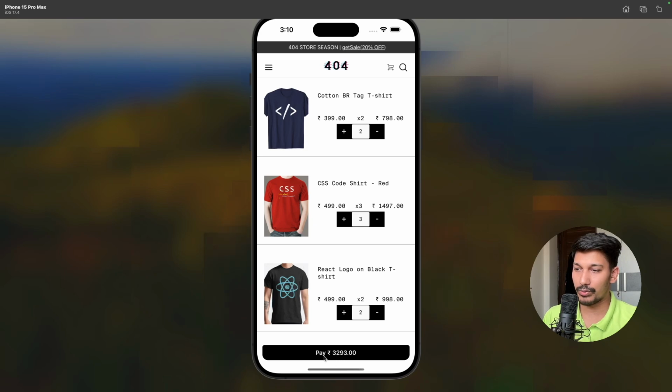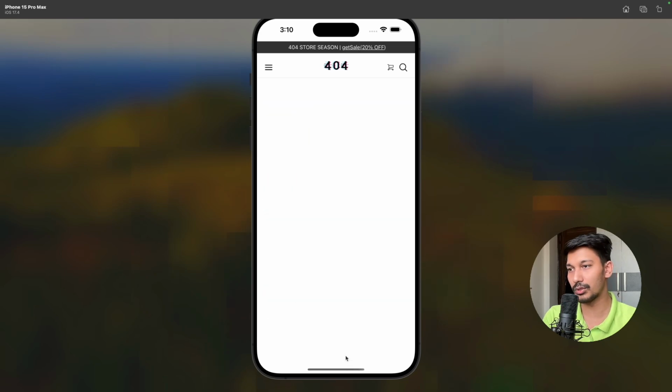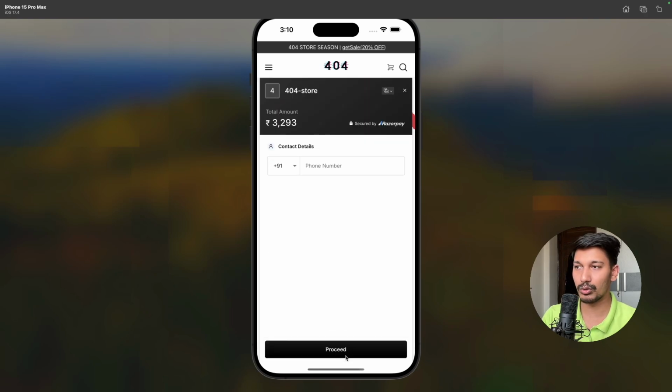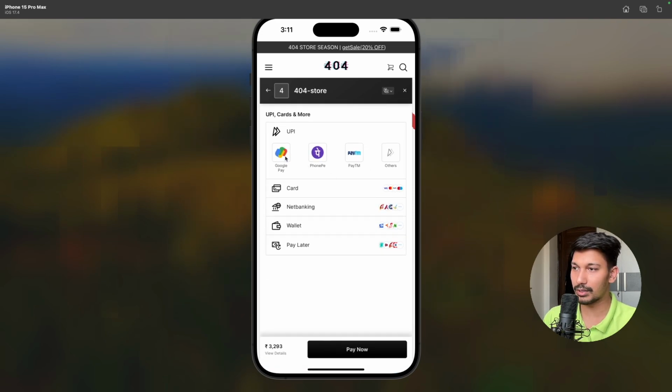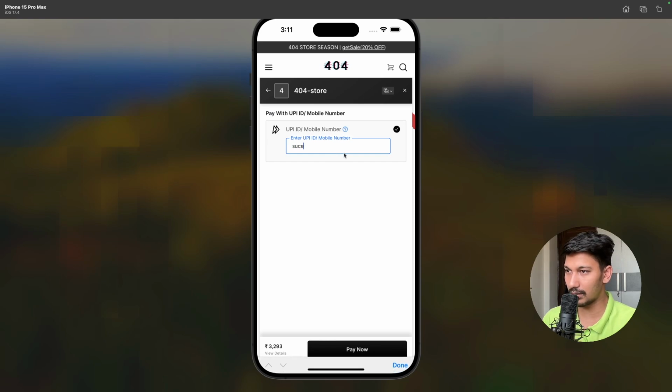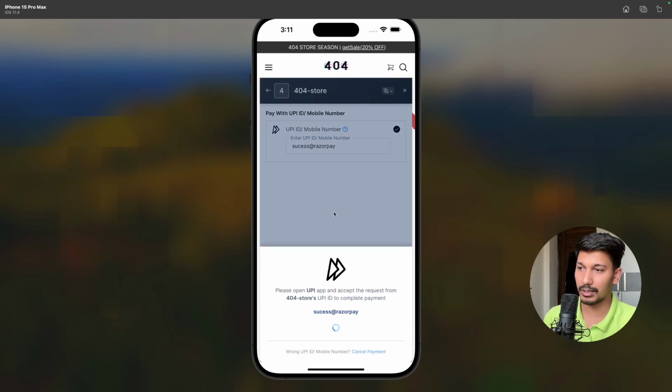Okay, now we can place an order. This is going to get to the payment integration, and I've chosen Razorpay as the payment gateway. You can just type in your number, and I hope that's 10 digits. Okay, you can proceed, and for the time being we will bypass this because it's a test app, it's not a live app yet. So with test credentials you can pay,